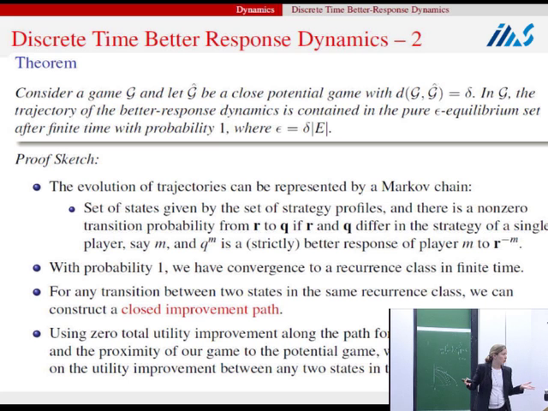Now, this is a finite Markov chain. With probability 1, we're going to hit a recurrent class. So the question is, in this recurrent class, how much can the payoffs change when the trajectory jumps from strategy profile to strategy profile? In order to put a bound on that, we consider any transition between two states in the same recurrent class, let's say from p to r. So for any such transition, it's the same recurrent class. So if I go from p to r, in finite time, I will go back to p. So that creates a cycle, right?